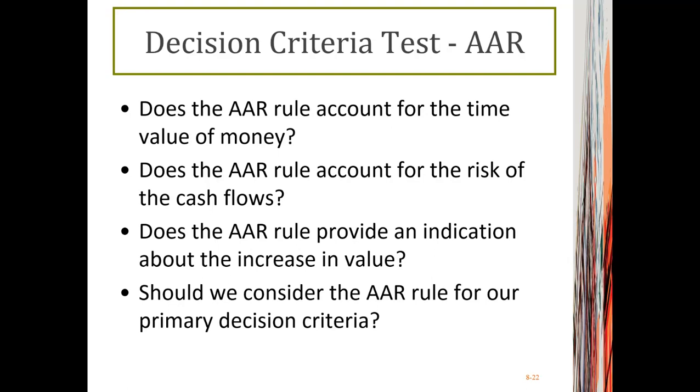Is AAR a good method to utilize? Well, we look at those critical criteria for a good rule to utilize in evaluating investment projects. Does this method account for time value of money? Does this method account for riskiness of cash flows? Does this method provide indication of added value? Well,